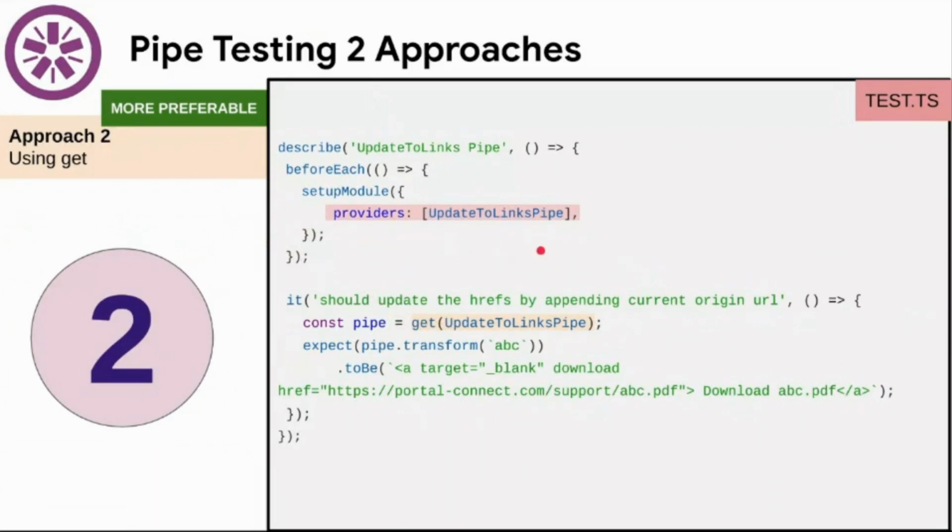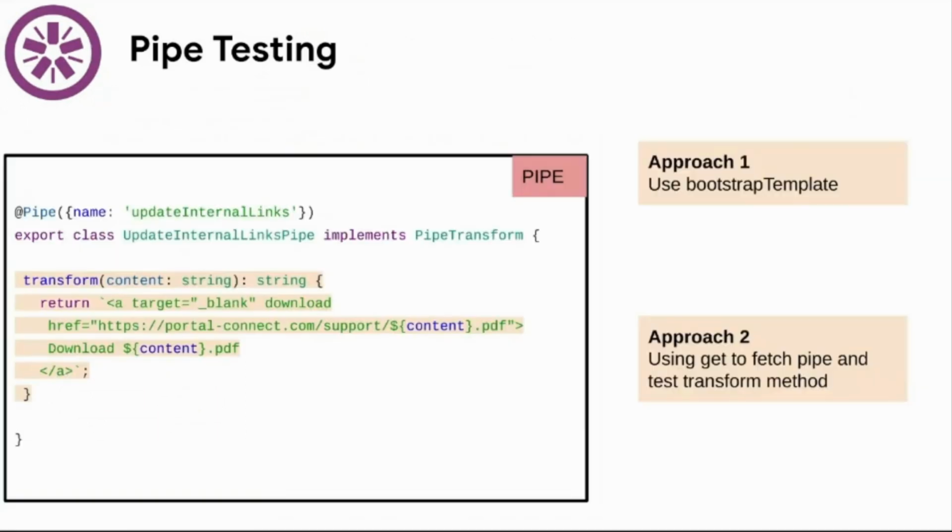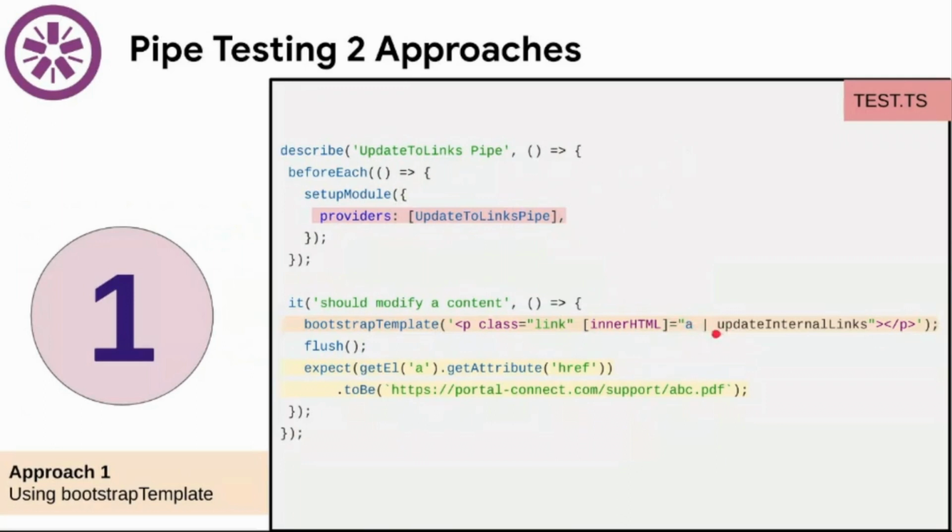Apart from that, the second approach is that you will... Can you go back a little? Yeah. So the content we are passing in transform, this is an argument, right? Yeah, content is an argument. That is a string, whatever PDF name is coming from the backend. In the next slide we are not adding it.